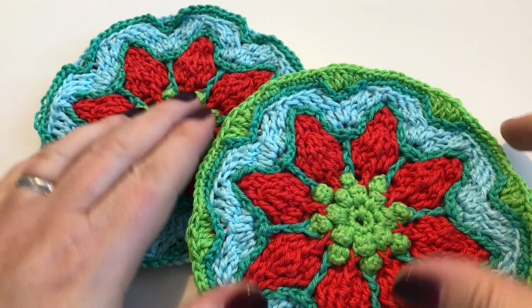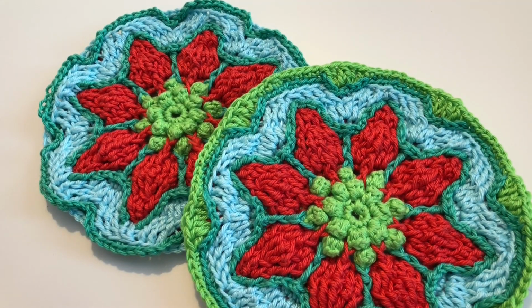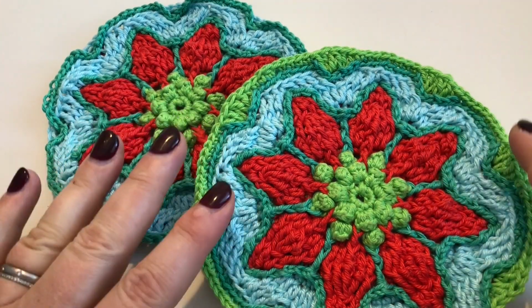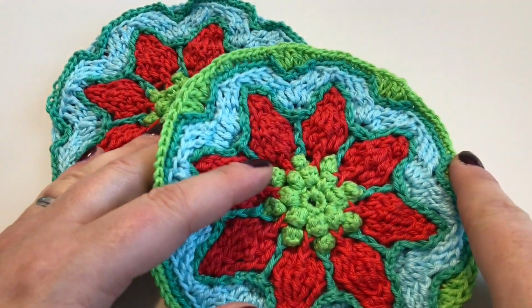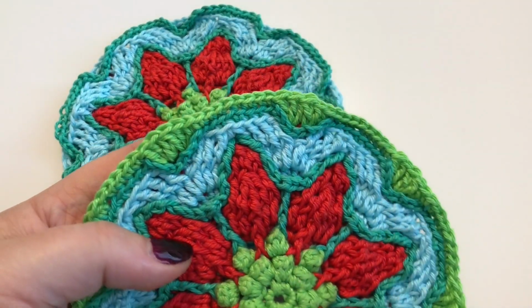We're going to start round 17 now. Round 17 is this lovely pesto round, and I love this colour. We haven't used it since the centre, and it again just changes the whole look of the thing, doesn't it? So a lot of foundation work here because we've got a lot of double crochet going on around the edge,